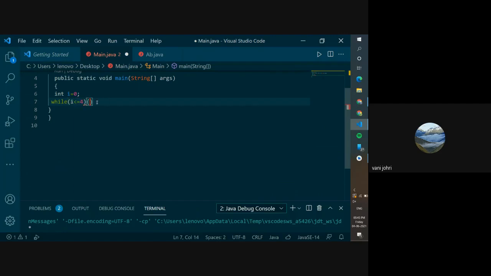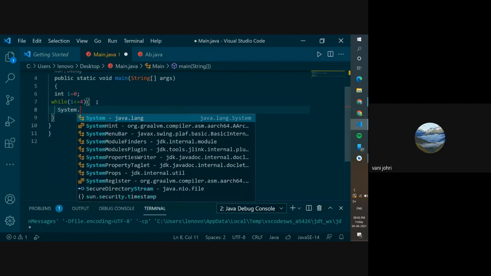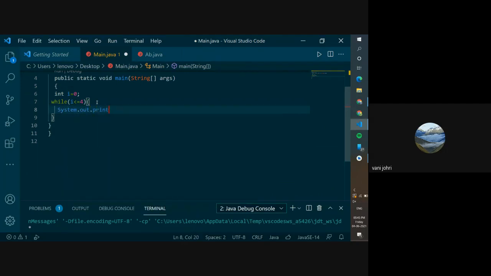And then you have brackets, and then you can do whatever you need to do with it. All right. So System.out.print, and let's print i. Let me do it with print so you guys can see how it is different. And then you update it, you write i++ over here.